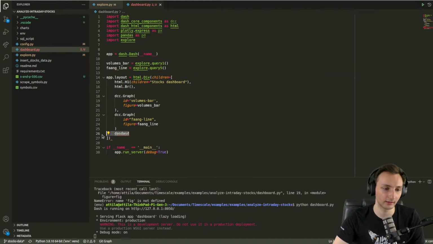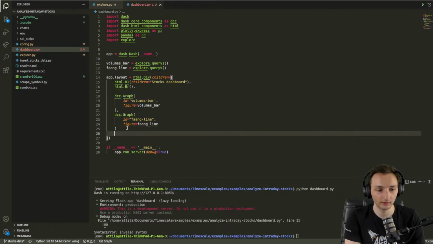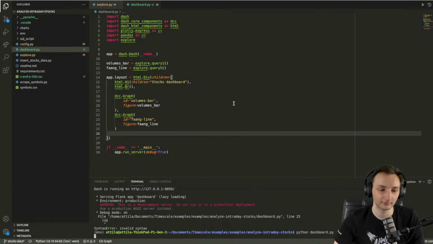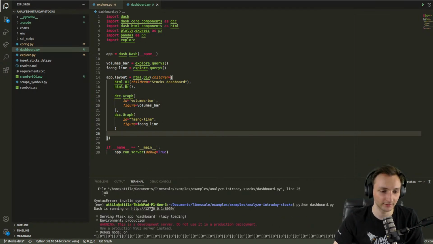Yeah, currently it doesn't reload, but let's try it next time. I think it's called hot reloading, but I don't like it with Plotly Dash because when you code, for example, you change something and it tries to reload, but there's a syntax error, so the server just stops anyway. So it's not very good to use anyway. So let's start the server again, and now we should see the FANG prices on a